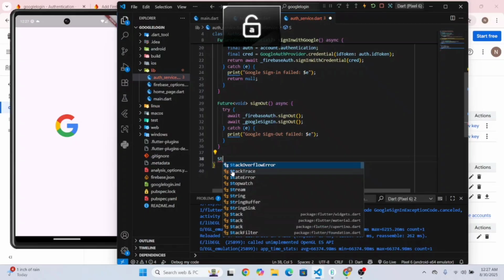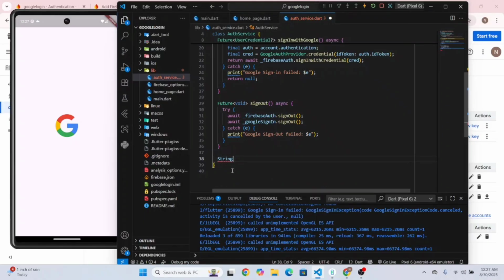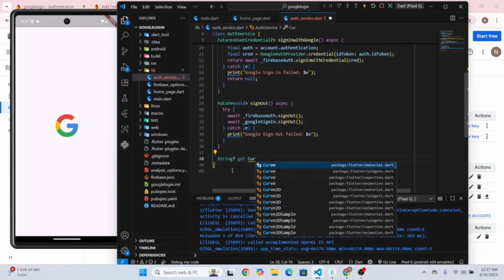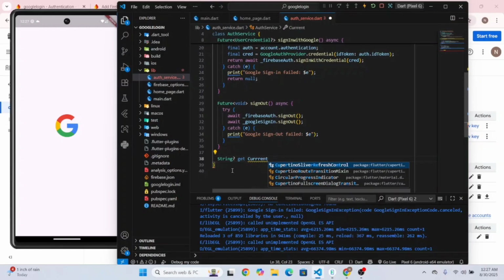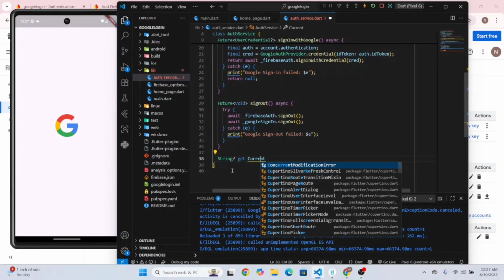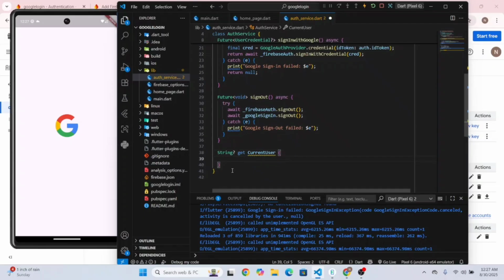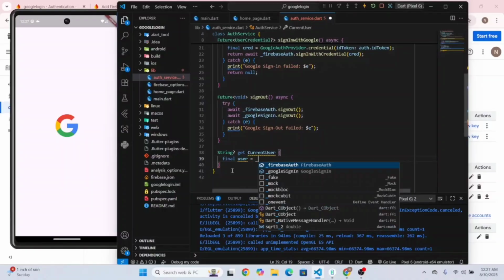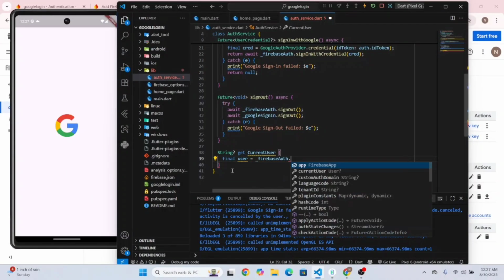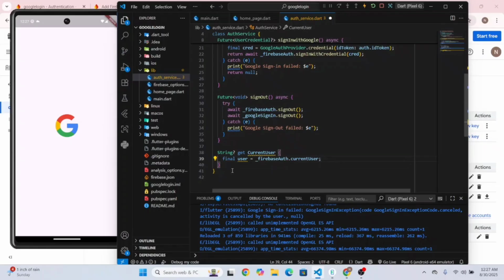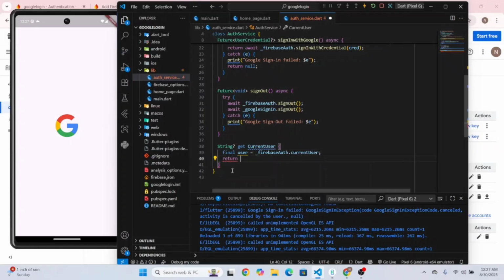Okay, let's create the getter to get the current user. Final user. From this we get the current user and we return the